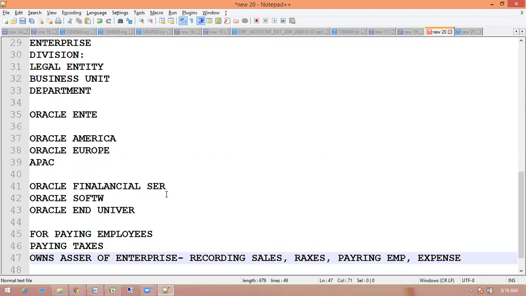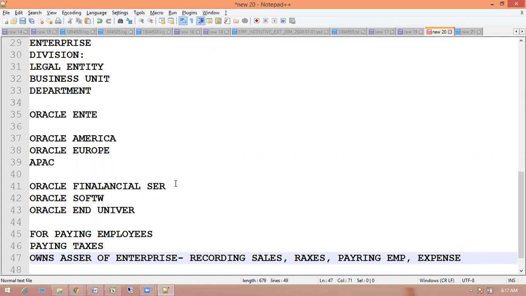In the Oracle Enterprise, we have different legal entities. Let us consider Oracle Financial Services legal entity, or Software legal entity, or Oracle Education University. When you join Oracle, you'll not get an offer letter as Oracle Enterprise, right? You'll get an appointment letter from Oracle Financial Services, or Software Services, or Oracle University. That organization should be responsible for paying employees, right?